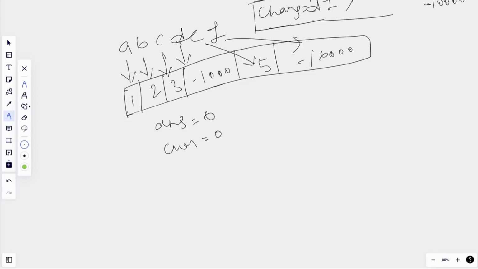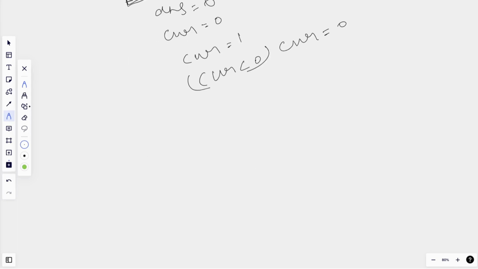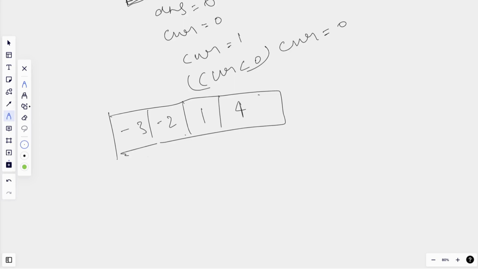Then what we will do, we will add this value to current. So current will be equal to 1, and it is positive. If it will be negative, like current is less than 0, then I will simply do current equal to 0, because taking negative forward will not be beneficial for us. Like, suppose our array is like this: -3, -2, and 1, 4, 3.